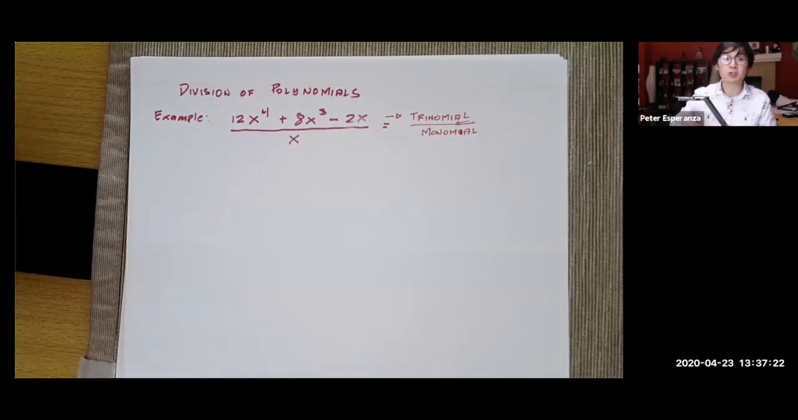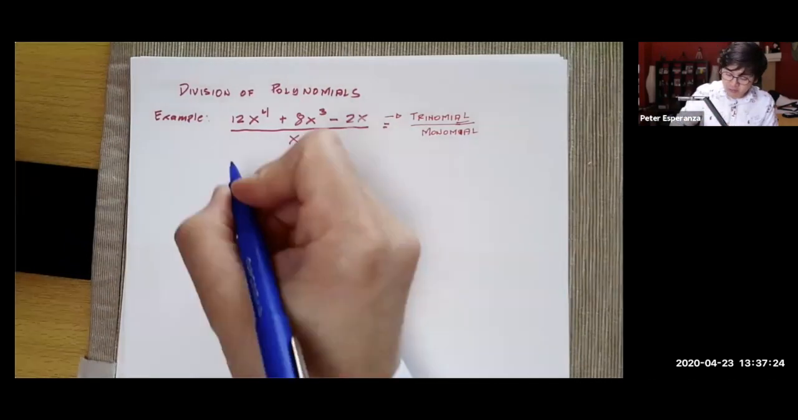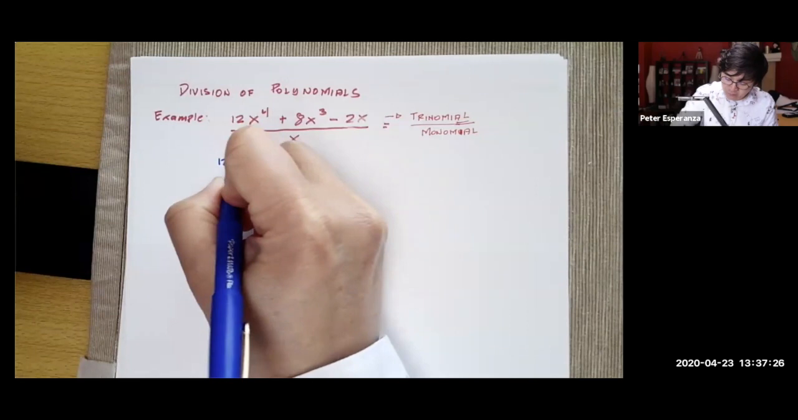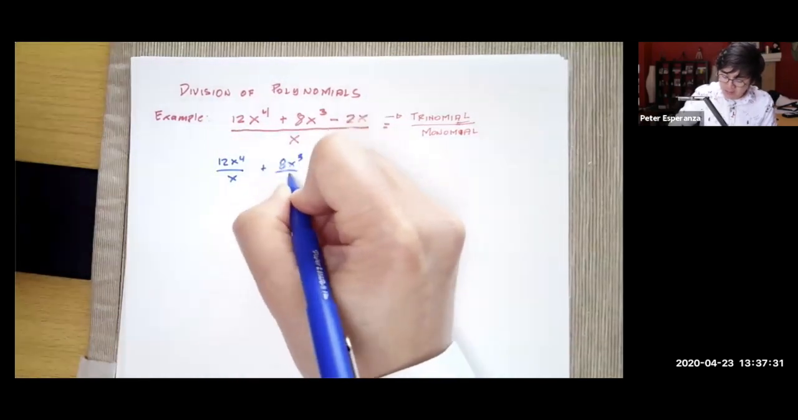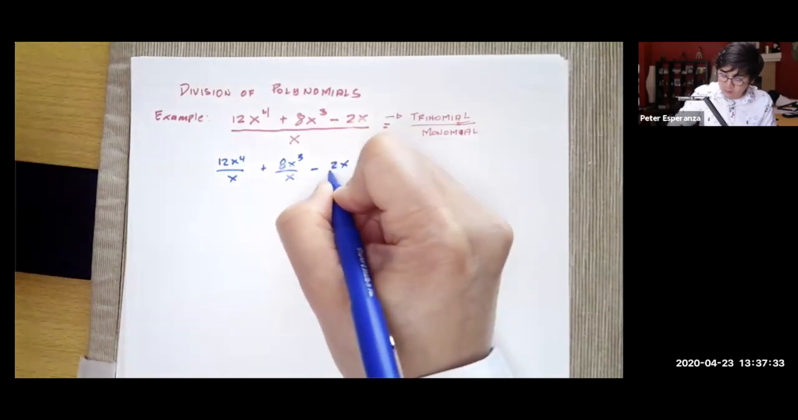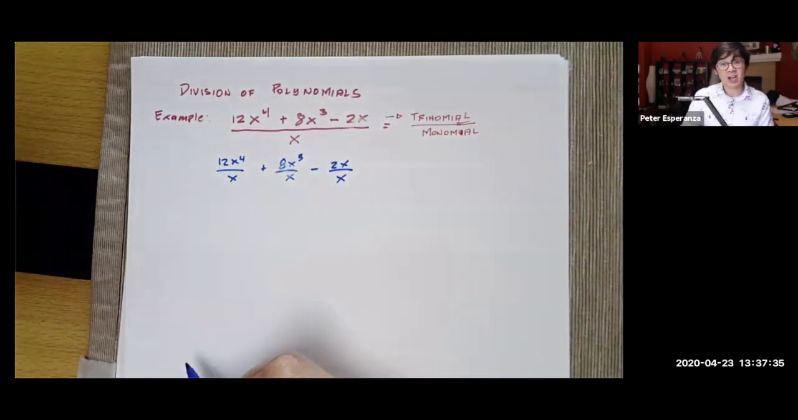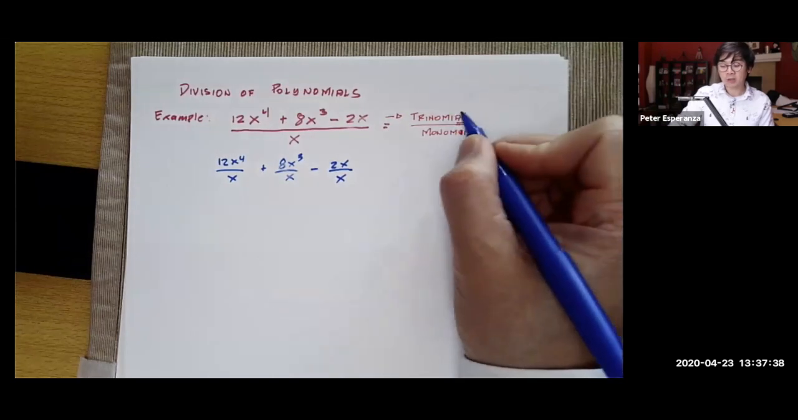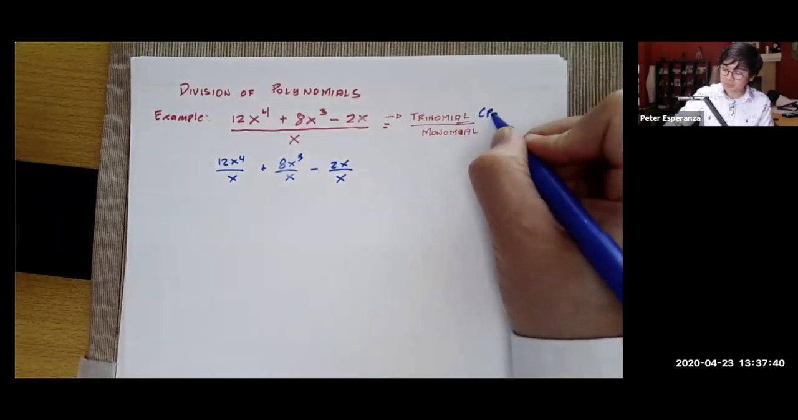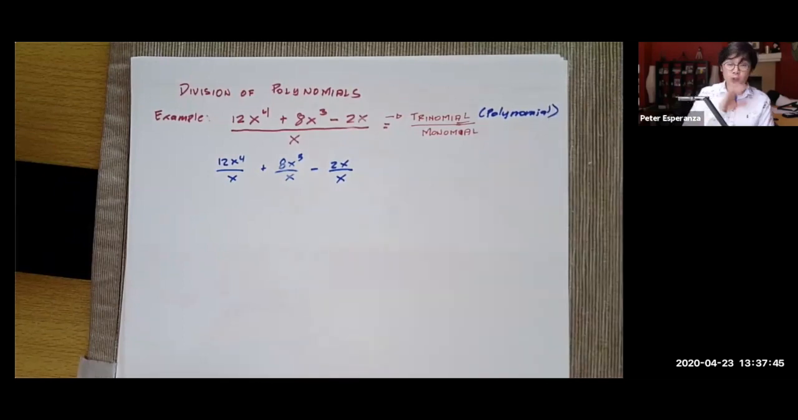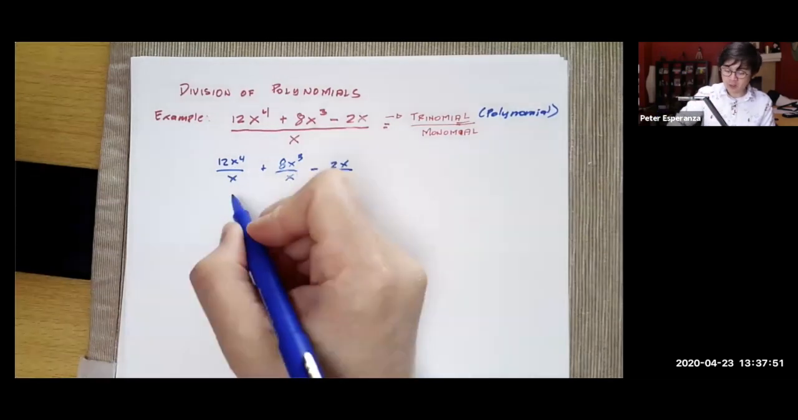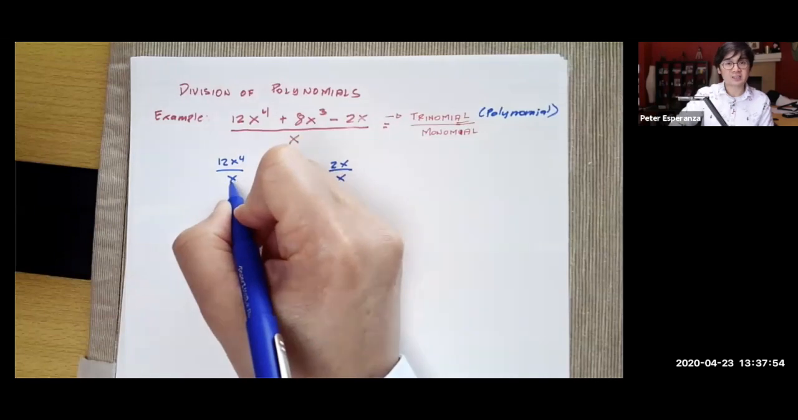easy because all you need to do is to separate each fraction. So you'll have 12x to the fourth all over x plus 8x cubed all over x minus 2x all over x. So that's basically how you divide a polynomial, no matter how big your numerator is, as long as the denominator is a monomial or a single polynomial, you can do this. So we know that x to the fourth and x to the fourth divided by x